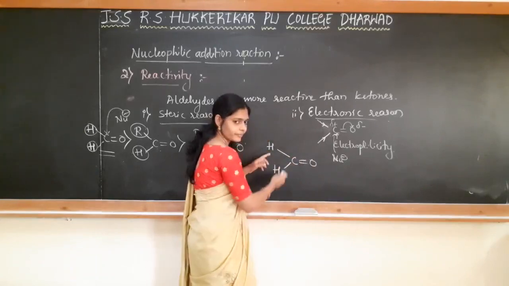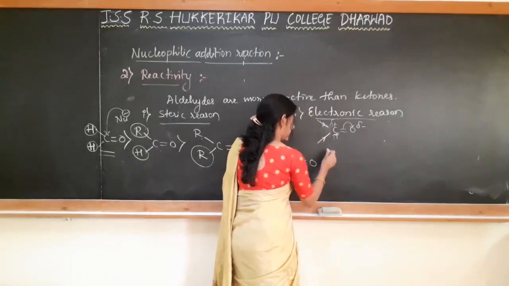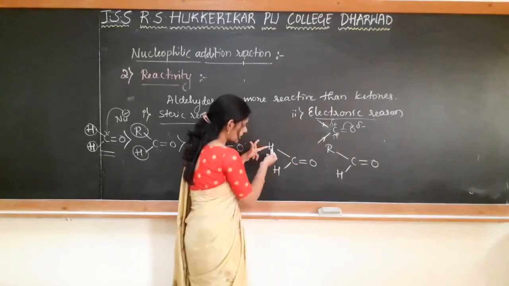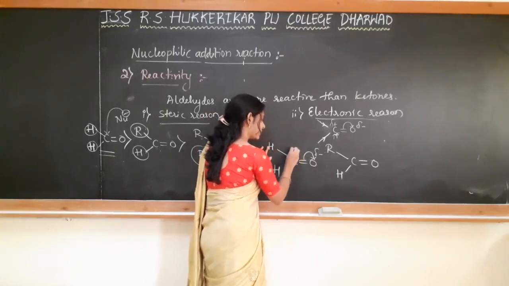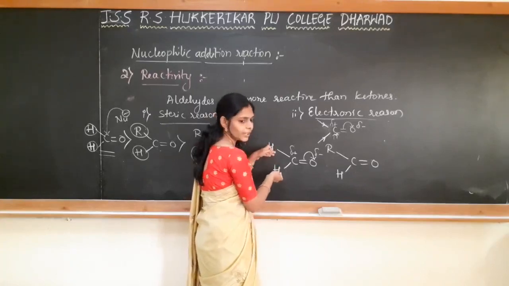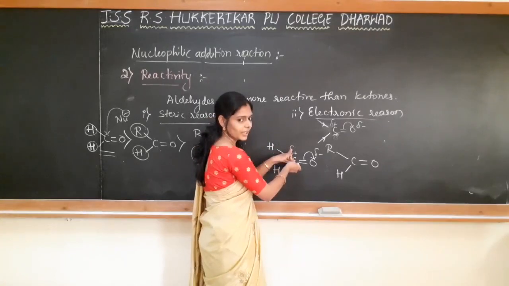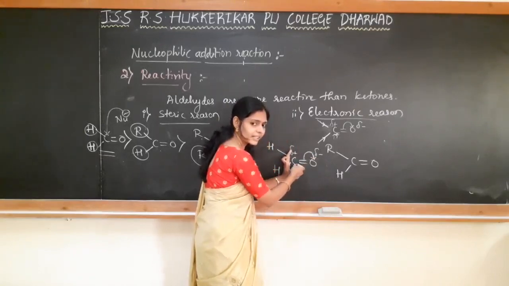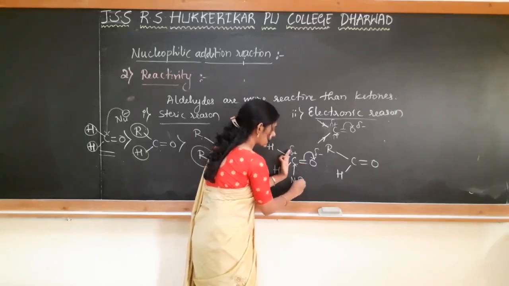In this case, we have hydrogen on both sides. In another case, I will have one alkyl group and one hydrogen. See, in this case I have two hydrogen atoms. The oxygen withdraws electrons and gets a partial negative charge. The carbon will be partially positively charged. The hydrogens are not showing any inductive effect towards the carbonyl carbon. There is no pushing of electrons towards the carbonyl carbon. So because of this electron shift, the electron density is decreased on the carbonyl carbon. It is electrophilic, so the nucleophile comes and attacks this carbonyl carbon.